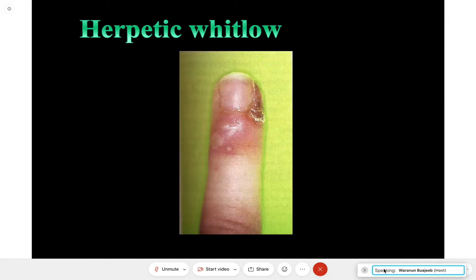And this is one of our occupational hazards. It means that a patient having all those lesions in the oral cavity, or after the latent stage and reactivation of the virus without any lesions, the saliva contains shedding of the virus. And even if you are wearing gloves, what about breaking of the gloves, and you have ulcers or any scratch on your fingers, you can get herpes simplex virus infection